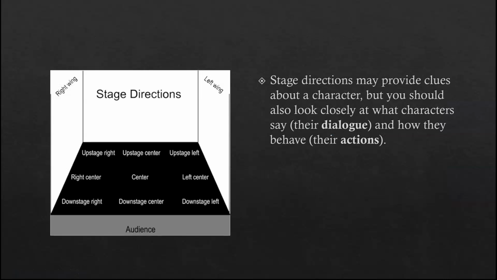Now with plays, you also have stage directions. Now stage directions most of the time provide clues about a character, but you should look closely at what characters say, aka their dialogue, and how they behave, their actions. So the picture on the left here indicates, maybe in the script it'll say, stage left or right center or upstage left, right? These are what the different areas of the stage are called,